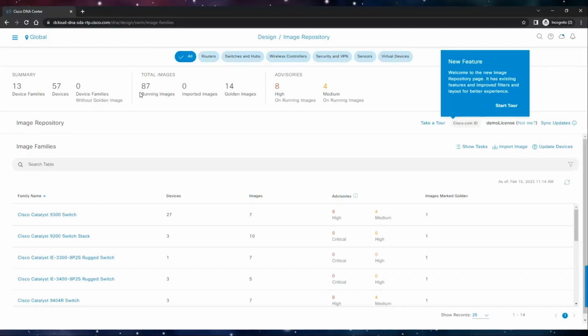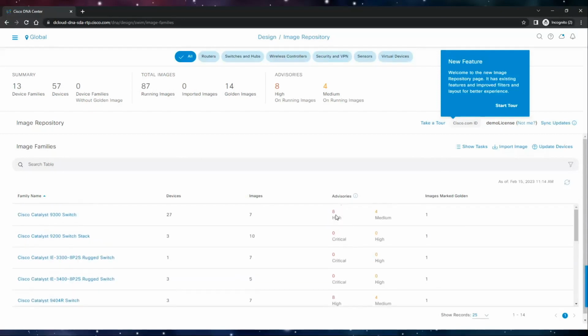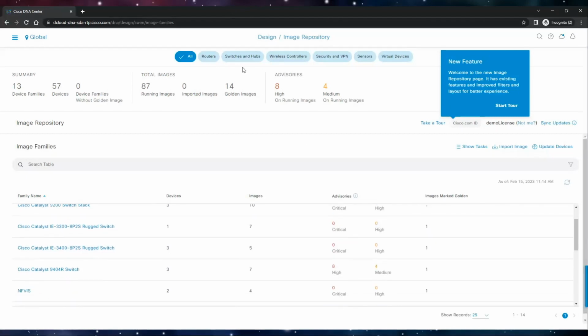I know that's one of the biggest pains as well in networking, doing software upgrades. Here, you can just schedule it right from the DNA Center platform, and then it will run the upgrade at a specified time that you want it to run, and it's completely hands off. It will even let you know if the software that you're running on a specific switch has a security advisory on it that you need to update. That's where you're going to set a golden image